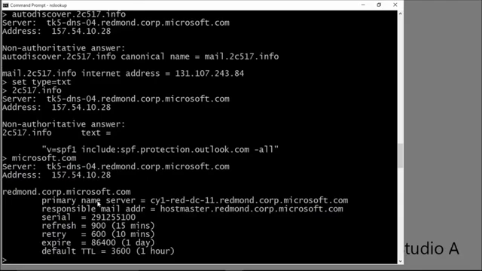The 3 different records are going to be your MX record. We did the set type equal MX. Your CNAME record, set type equals CNAME, or text record, which is your SPF record. Your SPF record, which is a text record, TXT record, and you do that by doing set type equals TXT. Okay,